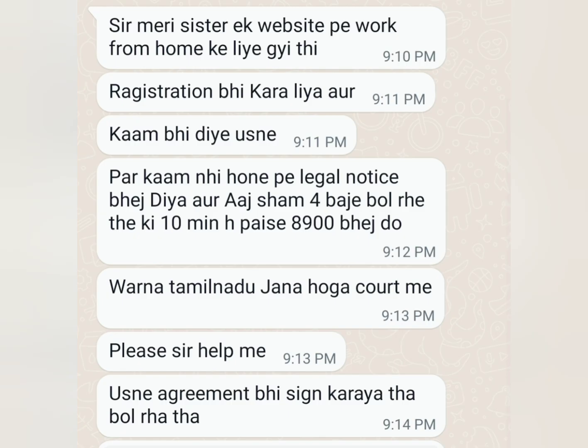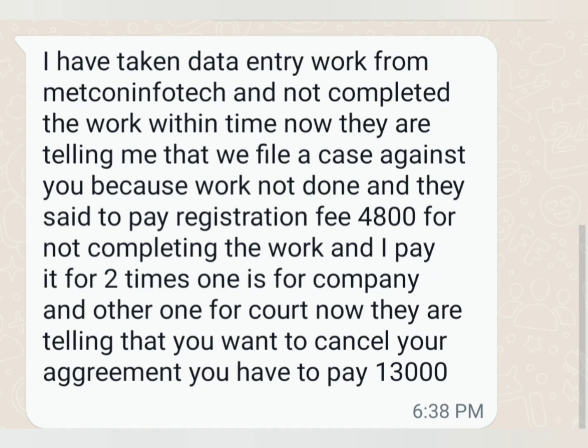If you want to cancel an agreement right now, then you need to pay before 4 p.m. so we can cancel your agreement, and after that your whole amount will be refunded: 4800 plus the agreement cancellation charge. How much are the agreement charges? Sorry, how much are the agreement charges? The agreement cancellation charge out of court is 12,950 rupees. 12,900, 13,000, 12,000. Yeah, around 12,950.